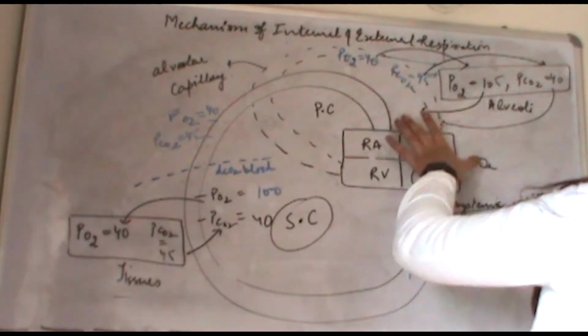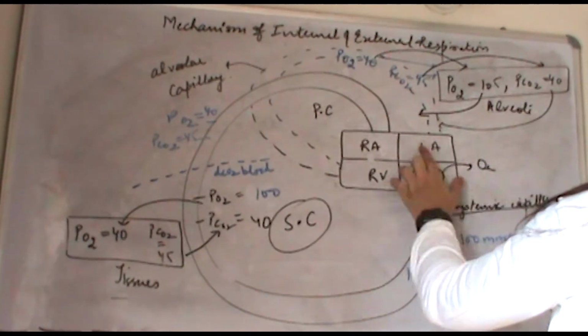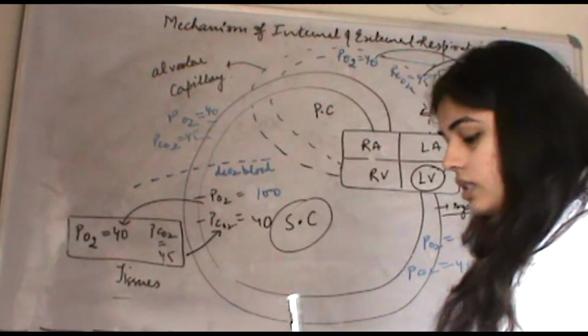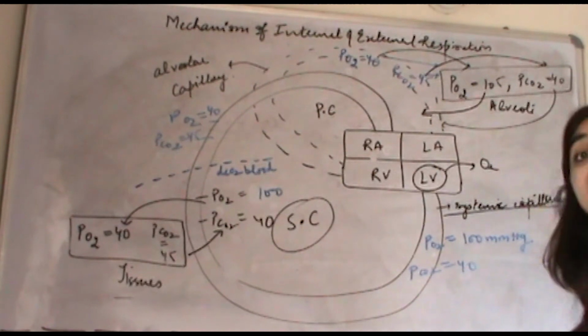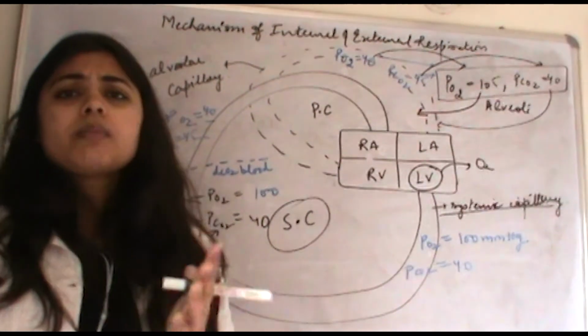So now this will become oxygenated, it will become oxygen rich, and thus oxygen now goes from the right atrium again to the left ventricle, and this process will go on again and again. So this is a sequence of how the mechanism of internal and external respiration takes place. If you want to see it, guys, just watch it again, because this is somewhat confusing to some people, but